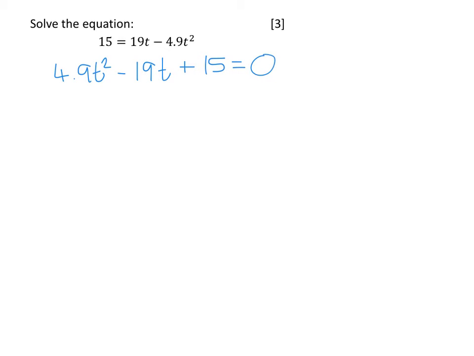It doesn't look as if it's something that I can easily factorise here, so I'm expecting to have to use the quadratic formula, which is t equals minus b plus or minus the square root of b squared minus 4ac all over 2a, and that's a formula you'll need to remember by heart for A level. So looking at the equation above, because I've got it in the form that I'm expecting, which is a t squared